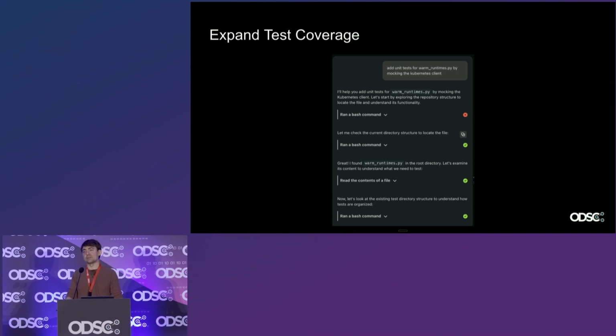One of my favorites is also expanding test coverage. I like this one because it's very safe. Checking in new tests is probably not going to break anything in production. And so if we identify a part of the code base that is really poorly covered, it's really easy to just say, okay, go explore that part of the code base, figure out the best way to test it, add more unit tests. You can get some quick wins this way.